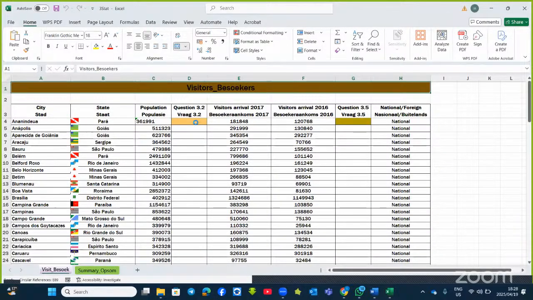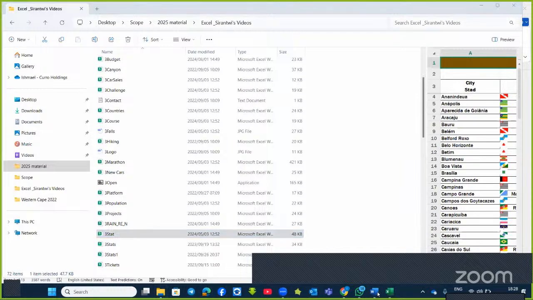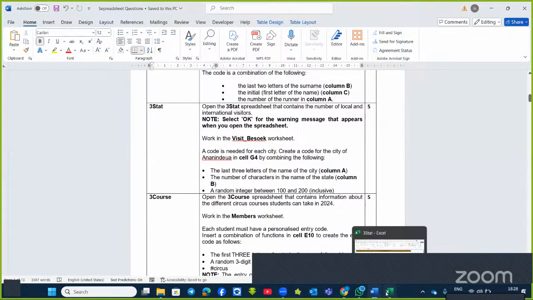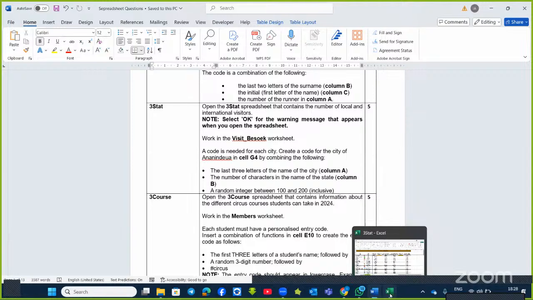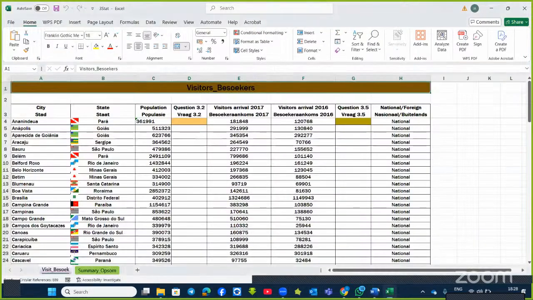Right, now, the question wants us to insert the function in G4: the last 3 letters of the name, followed by the number of characters, and then the random between. So G4,